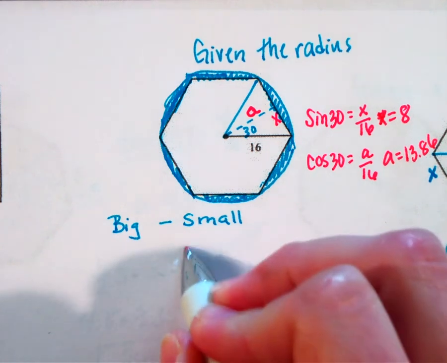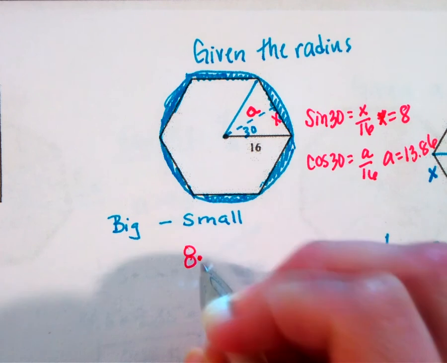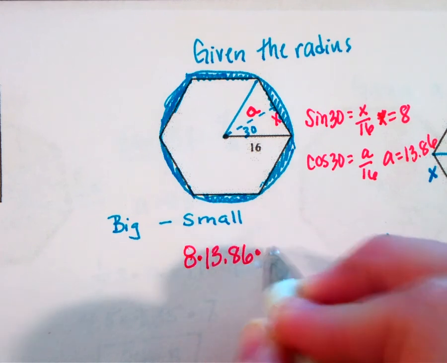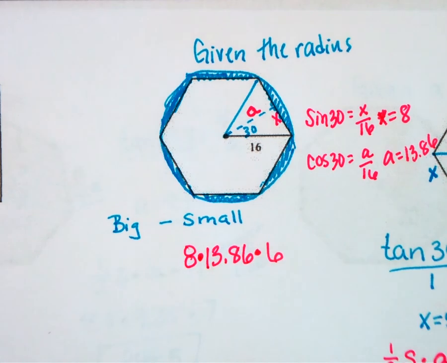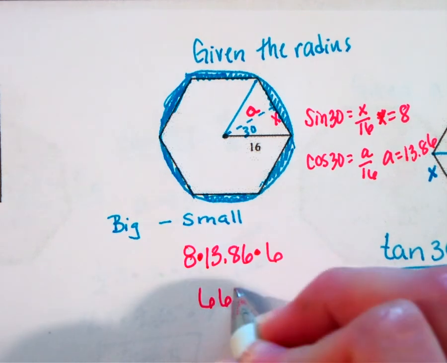Okay, so for the small part, we're going to take half the side length times the apothem times the number of sides. So I'll multiply my 13.86 times 8 times 6. So this is